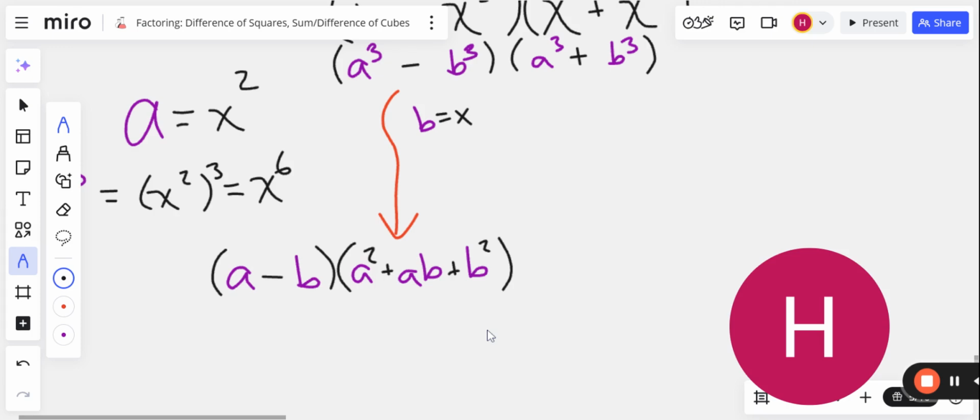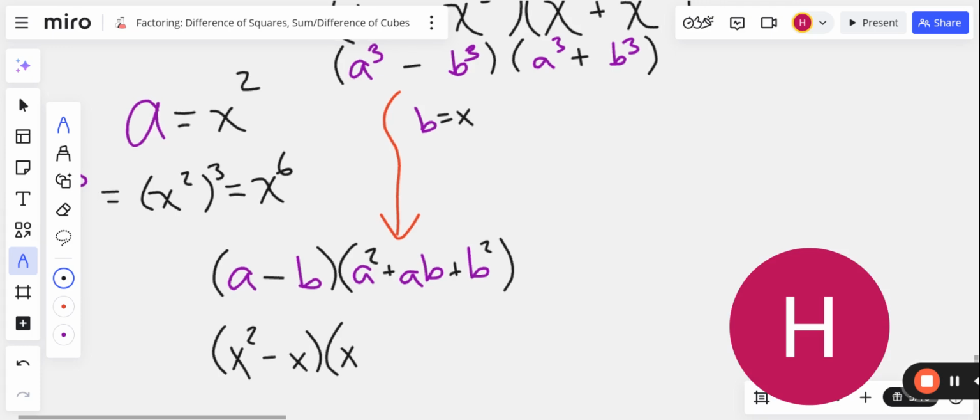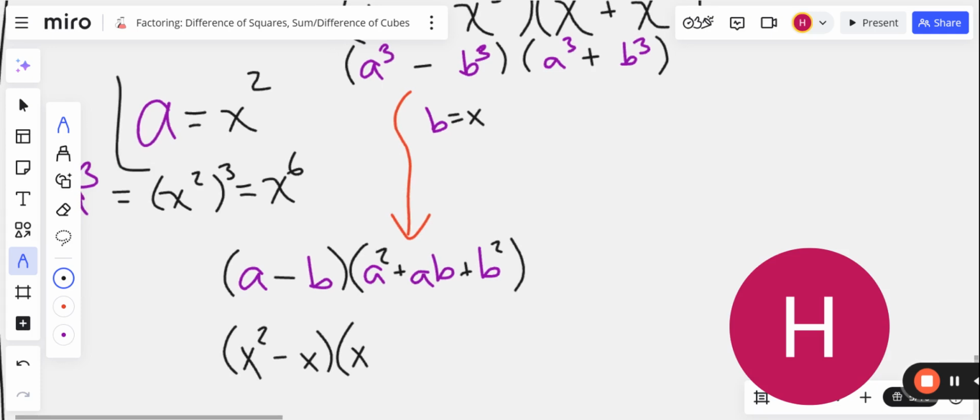Okay, so let's do that with plugging in x squared. X squared minus x, x squared squared. That's my a squared, okay? So think about this carefully. A is x squared. Right up here. Don't get lost. A is x squared. A squared is x squared squared, or in other words, x to the fourth, plus